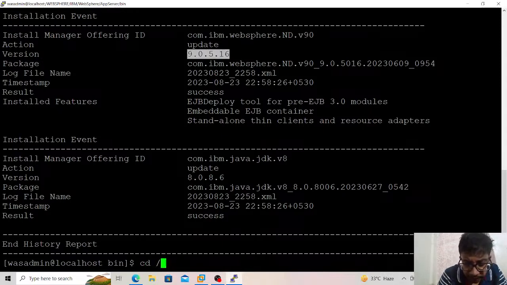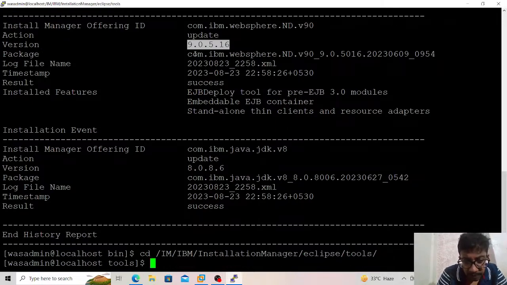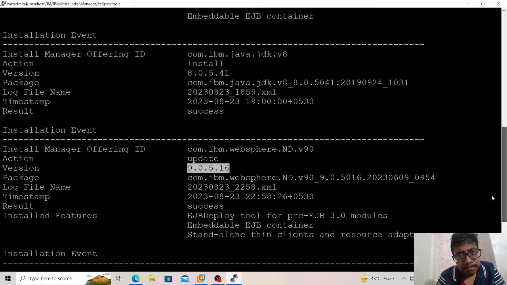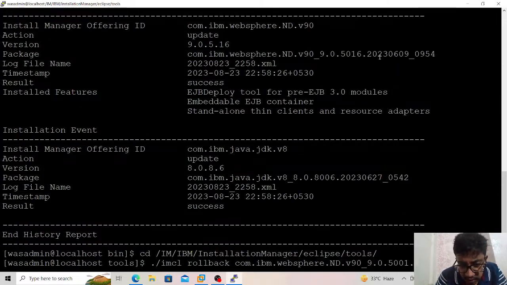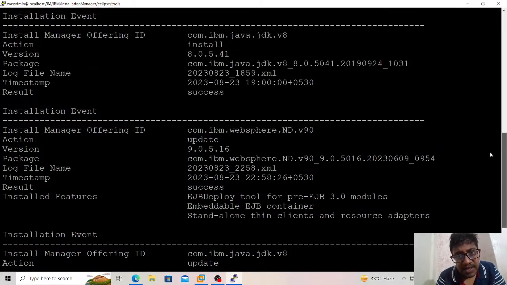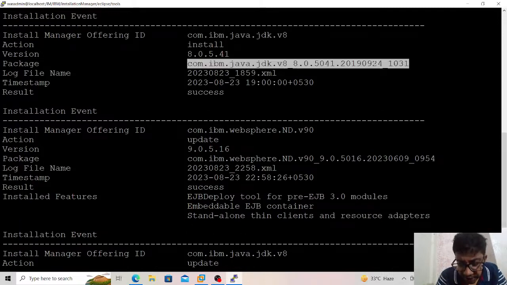I am going to the installation manager, Eclipse tools. I am rolling back the FixPack with ./imcl rollback, the previous version of the ND and the previous version of the JDK,